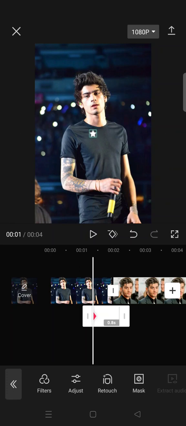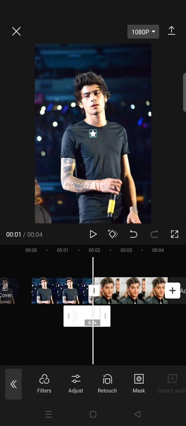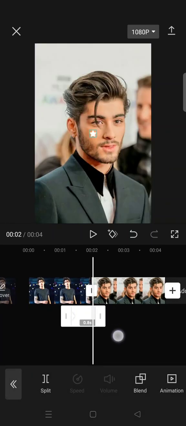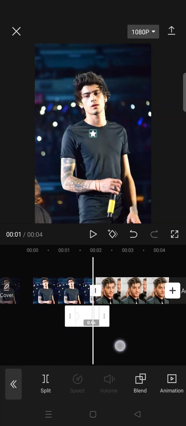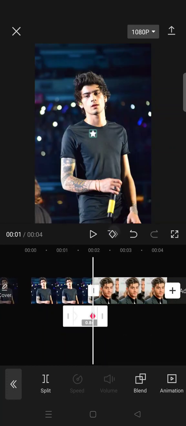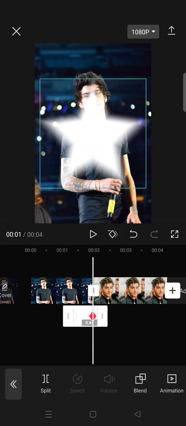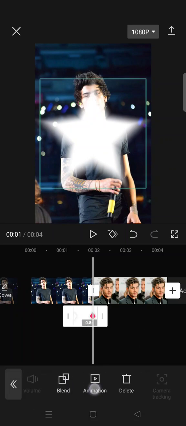like this, and now add another keyframe at the end in here. And then zoom in the star to your liking. Okay, and after that, copy the overlay,